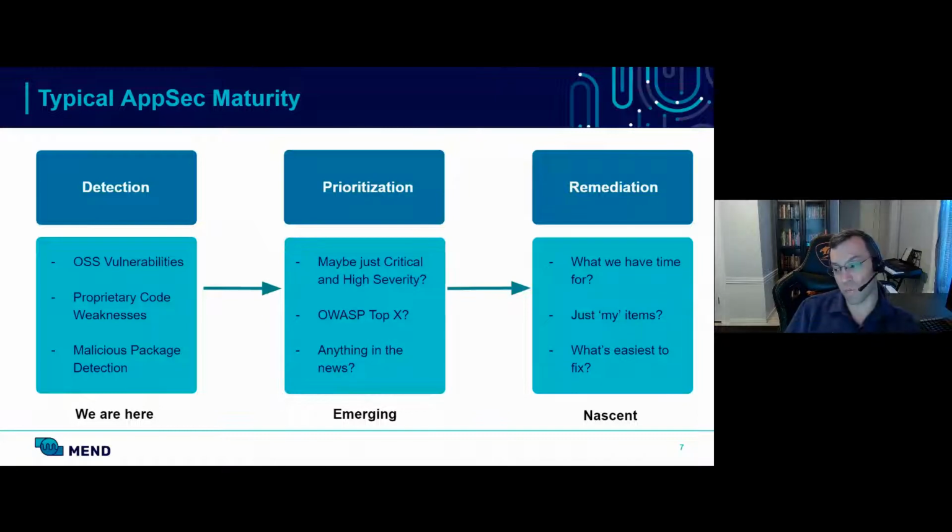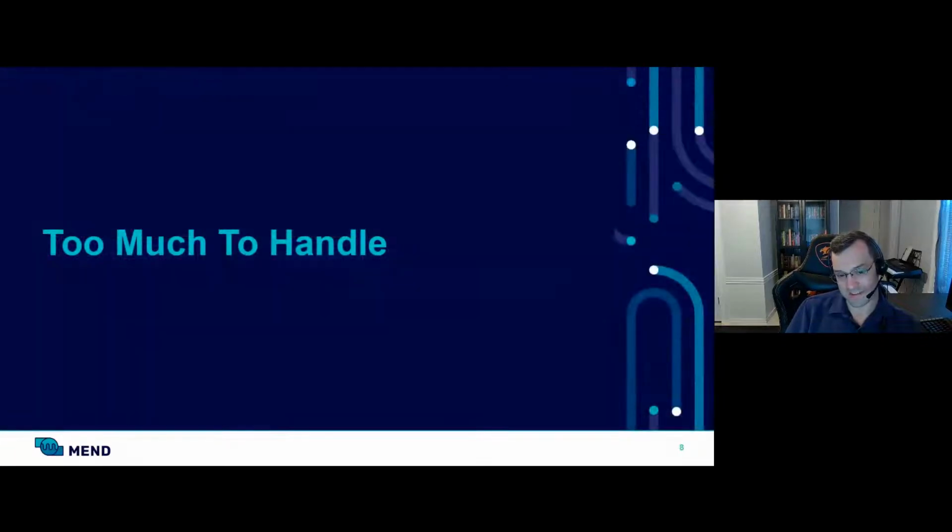All right, so if that's one of the problems, where we're just focused on just detection, what does that lead to? Well, if you're only focused on detection and not enough on prioritization, you have too many issues, just period. That's why you have that issue backlog continually growing. You have too many issues. So to reduce that,